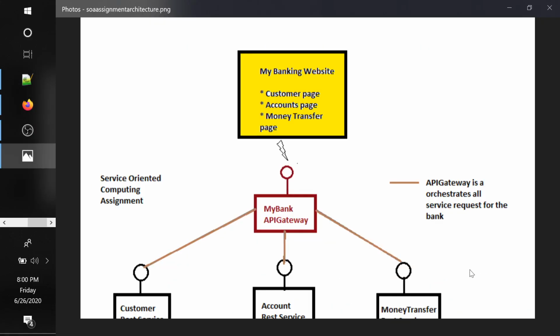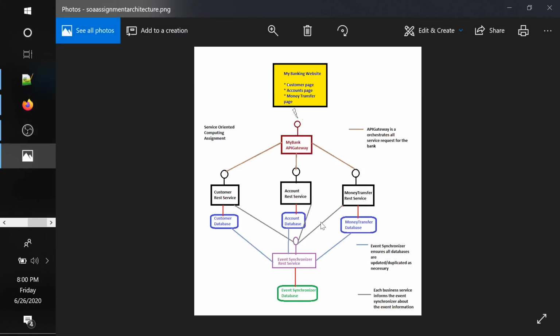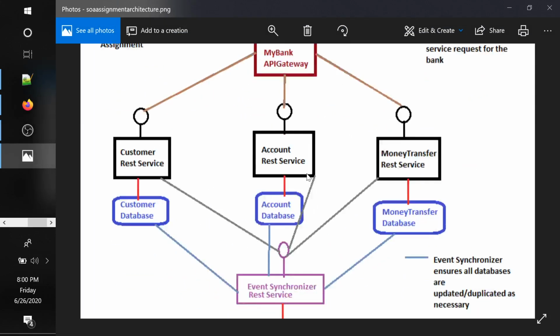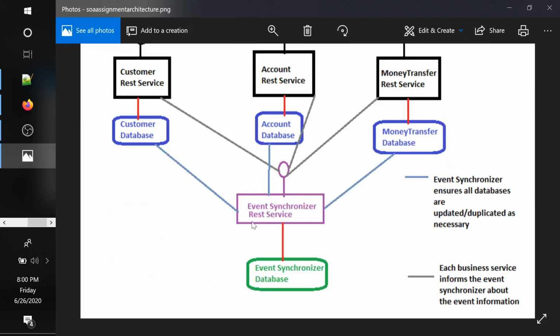So, where is microservices? Microservices is here, right? Now what is happening is this is like a common service, and customer, whenever there is a record created on customer REST service, the accounts database does not know about it because it is a different application.